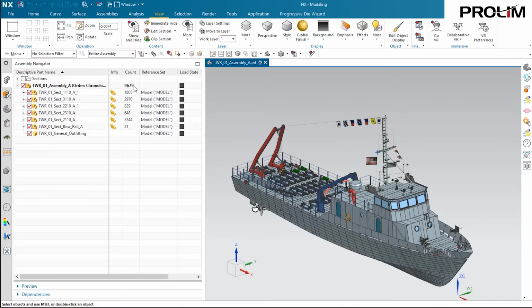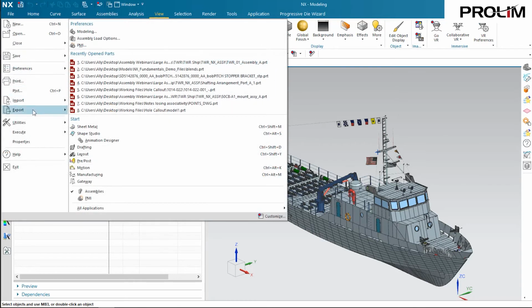And before we get started with looking at the commands for simplifying assemblies and sub-assemblies, I want to show you one setting for all three of these commands that helps you out in the long run. So all three of these commands will actually create a reference set for you, a simplified reference set. Now, in order for it to automatically be created, you have to enable a setting. So if you go into File, go down to Utilities, Customer Defaults,